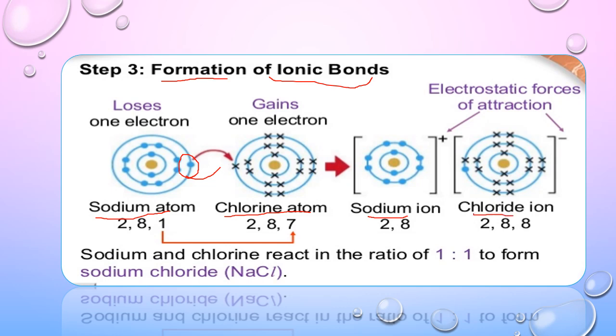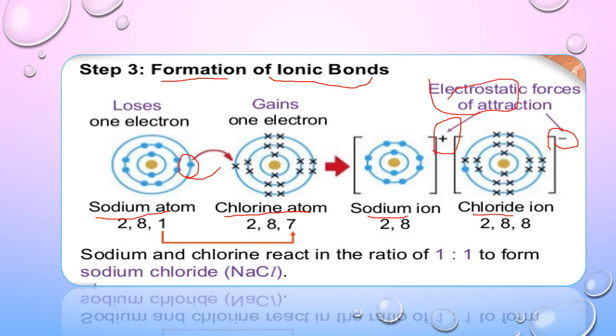Sodium ions have positive charge, whereas chloride ions have negative charge. And due to opposite charges, sodium ions and chloride ions are held together by strong electrostatic forces of attraction to